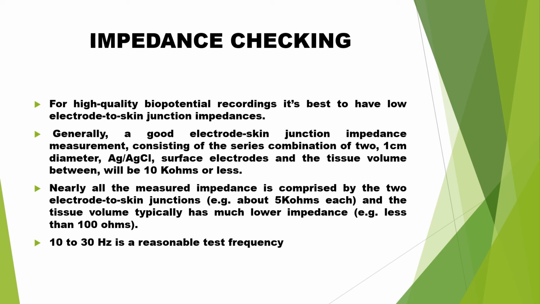So this two-terminal impedance measurement is best performed at a frequency which is mid-band in the spectra for the signal of interest. Surface biopotentials have most signal energy in the range of 1 to 300 Hz. Consequently, anywhere from 10 to 30 Hz is a reasonable test frequency because the numbers in this range are roughly mid-logarithmic to the overall signal spectra amplified. Two-terminal electrode-to-skin impedance checking using a DC current is unreliable because of the influences of the electrode-electrolyte equilibrium half-cell potentials, overpotentials, and also the skin potentials.